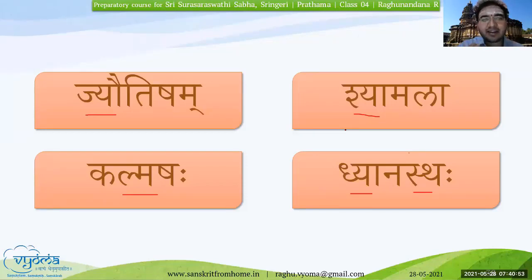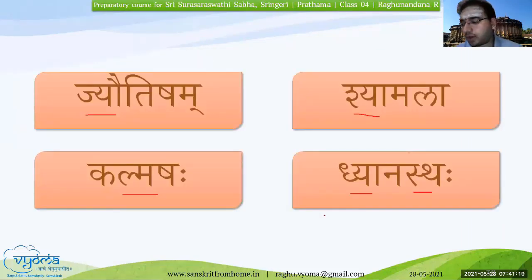There's a subtle point that we need to ensure and pronounce it in the right way. And similarly, Dhyanastha. Here in this case, the starting letter Dh is a Mahaprana and the ending letter Th is also a Mahaprana. So Dhyanastha is the right way to pronounce it. I hope this part is clear.